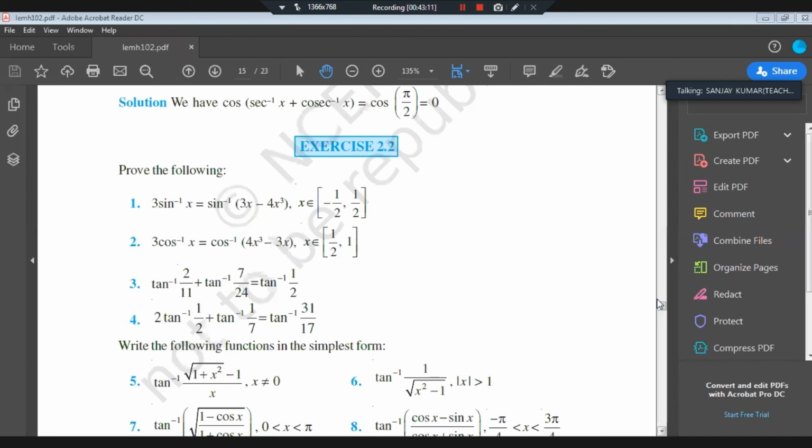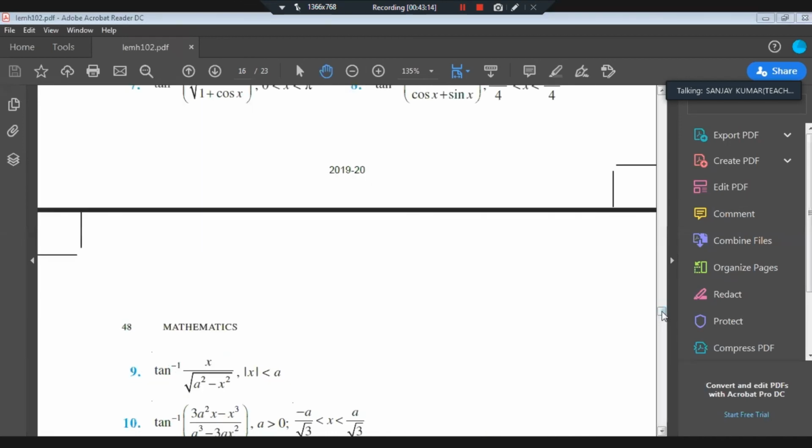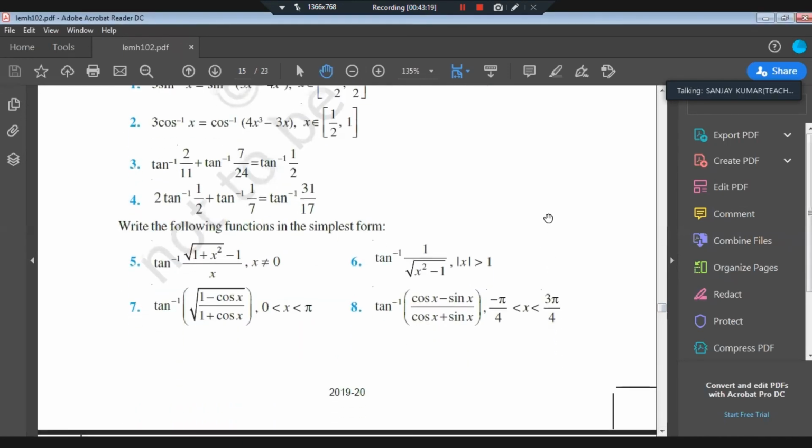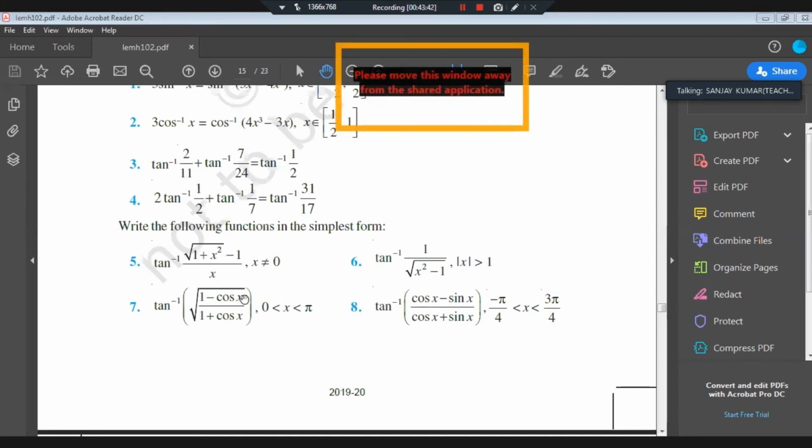Now we are taking question 7. Okay, we start question 7, which is tan inverse. Now they are saying tan inverse of 1 minus cos x upon 1 plus cos x. Here you cannot suppose x as something. In the 5th question we had x, so we supposed x as something. But in question number 7, x is not given here; cos x is already given. So for 1 minus cos x and 1 plus cos x, we have formulas. You solve question 7, please.